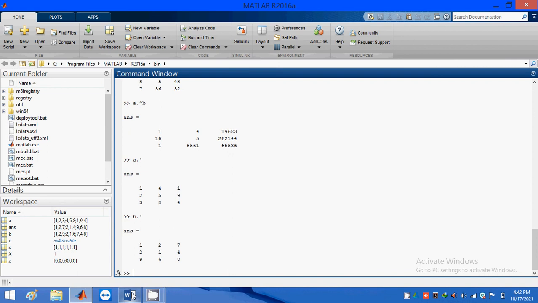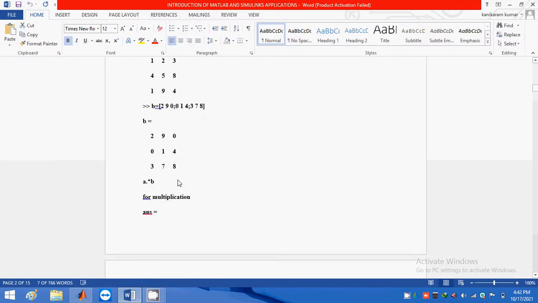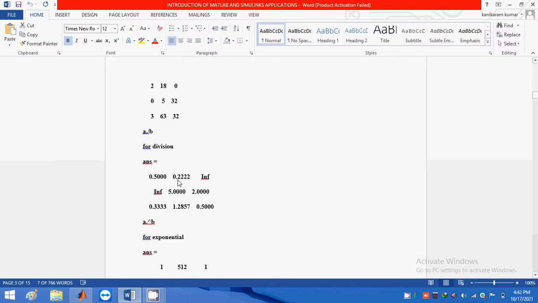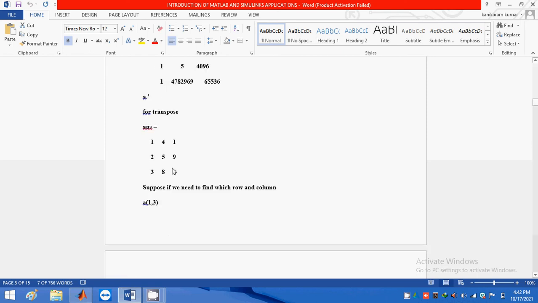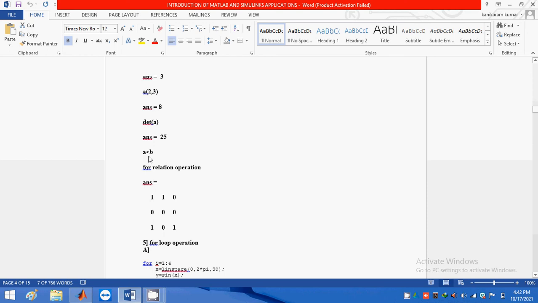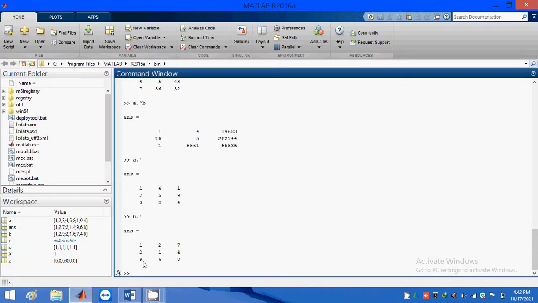Next, I need to create a relational operation. This one is the relational operator. Just type A less than or equal to B. This condition compares the first element in the A matrix and the B matrix.